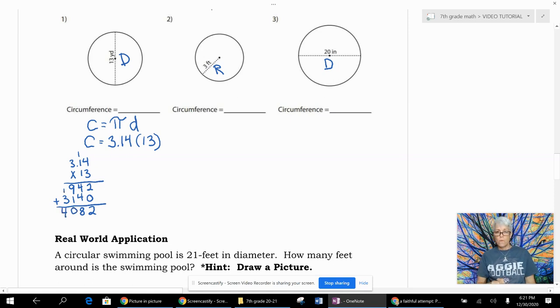All right, so I've worked it all out. I've completely ignored the decimals. Now I look back at the original numbers, and this decimal is 2 places over. There's no decimal in the 13. It's there, but it's behind it, so I can ignore it. So I'm going to take my answer, and I'm going to move the decimal 2 places over. I'm going to start at the back of the number and go to the left 2 times. So my answer is